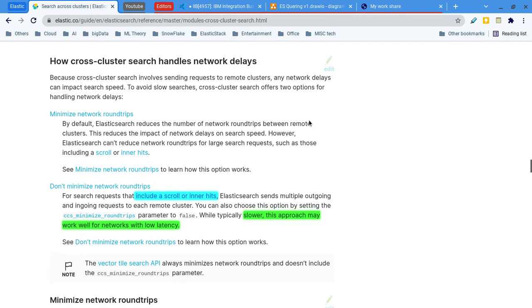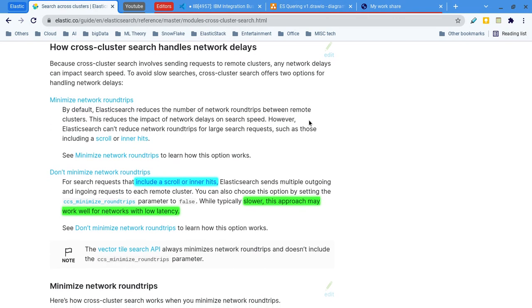Now there are delays. We send the request to the remote cluster, and the remote cluster responds with the search result. Theoretically that's fine, but we cannot expect the responses to come at the same time. One remote cluster may take 5 seconds, another may take 7 seconds.